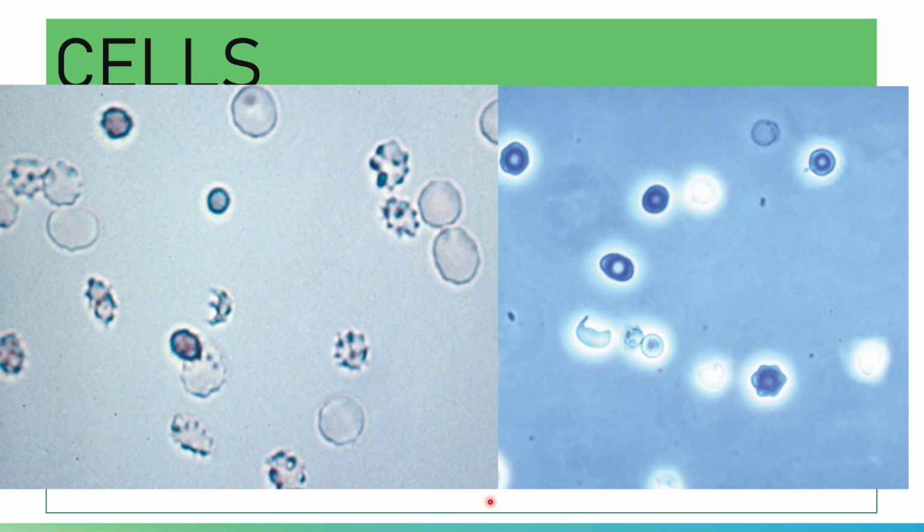In this example, you have here a red cell. This is a red cell, this is a red cell. And this one is a crenated red cell, this one is a crenated red cell also. They seem to look like a WBC, and seem to have granules inside, but no, they are crenated red cells. This is a crenated red cell also.